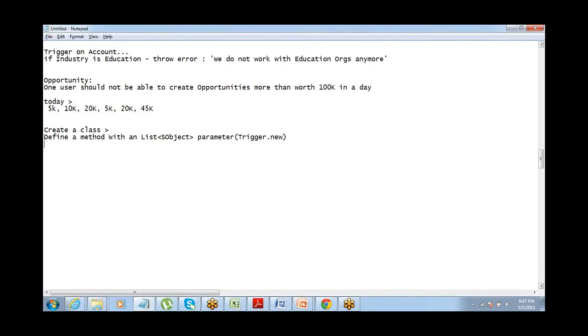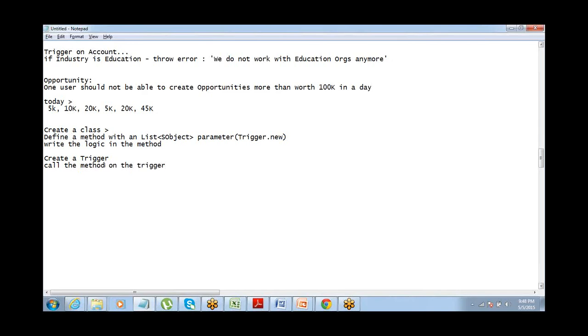and then write your code logic in the method. So whatever you want to check and do, that should be written inside that method, and then go ahead and create a trigger and call the method on the trigger.